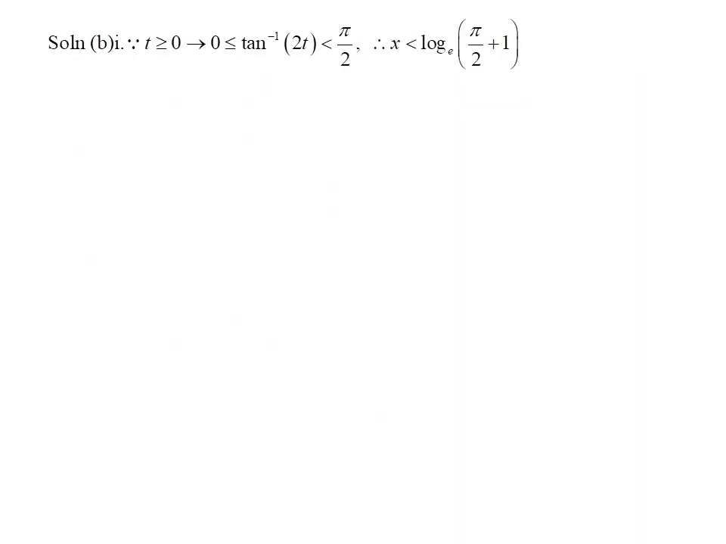Section 1 of Part B is to show the equation of the horizontal asymptotes, and we have just derived that x of t equals logarithm base e of the sum of arctangent of 2t and 1. According to the properties of the arctangent function, arctangent of 2t is greater than or equal to 0, but less than pi over 2, which gives that x is greater than or equal to 0, but less than logarithm base e of the sum of pi over 2 and 1. Therefore, the horizontal asymptote is x equals logarithm base e of the sum of pi over 2 and 1, which approximately